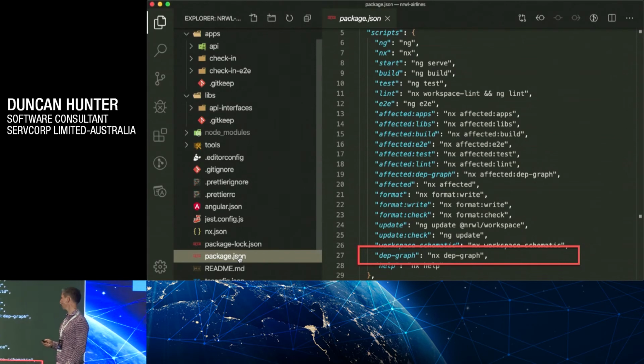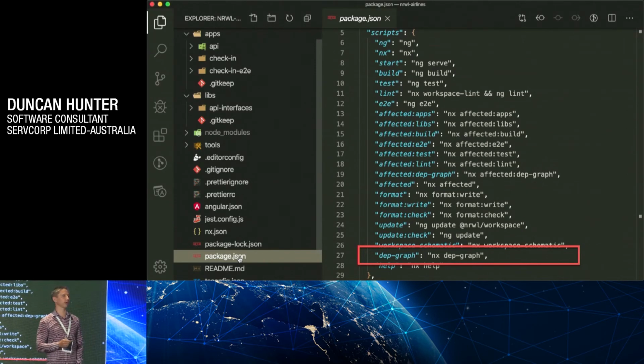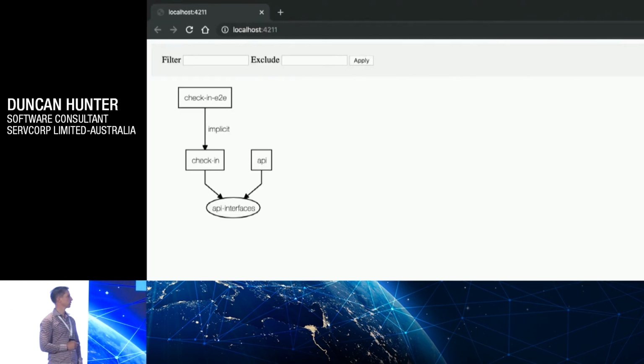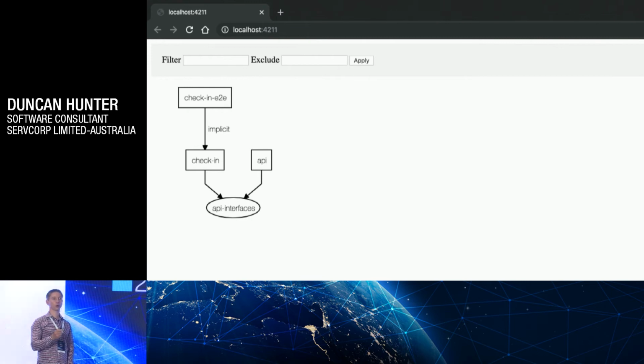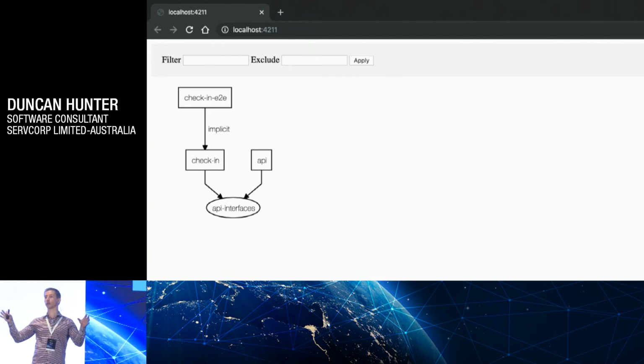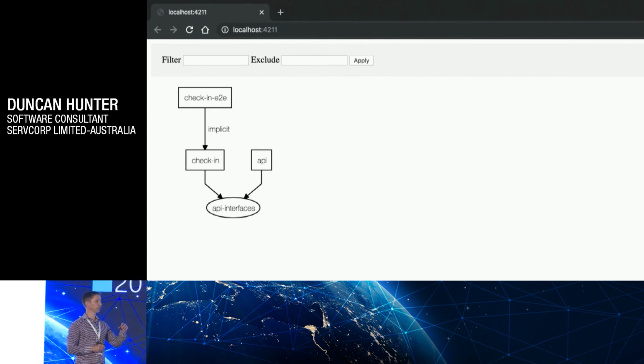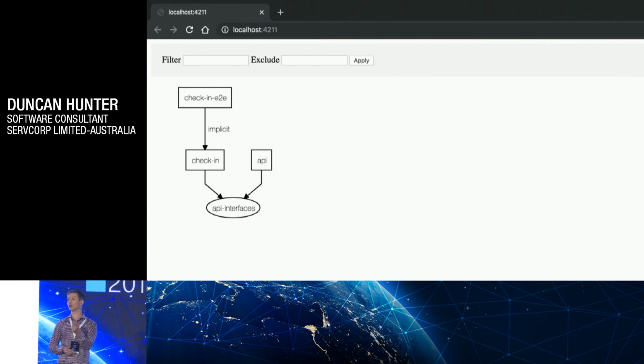So it's a command that says, I want to run a dep graph, or a dependency graph. So I can run this in the terminal, and it's going to spit out a dependency graph. And this is where you start to be able to know what's changed amongst all your different projects and what are the relationships. So here it's very simple. We just have two apps, an API and a check-in. And then we have an API interface that has that single file with that single interface,